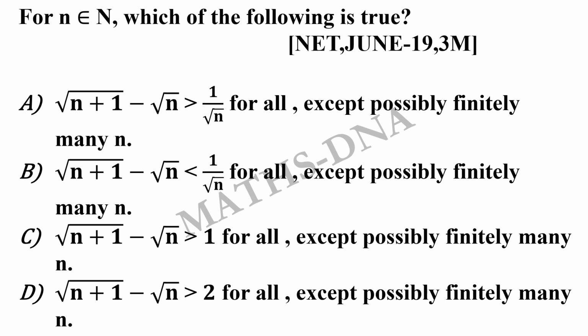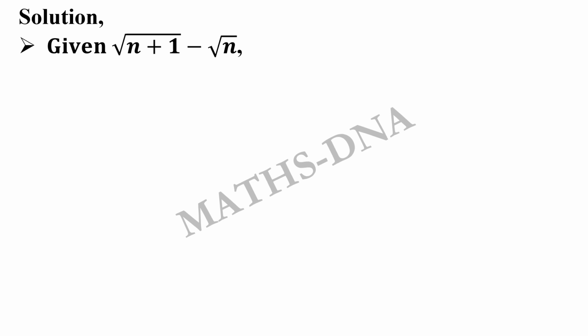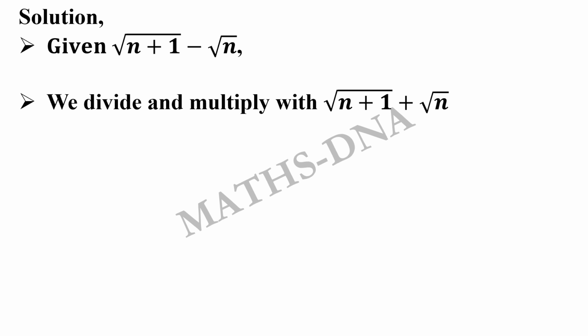n's. Here you can easily observe that in all the options they are just talking about root n plus 1 minus root n. If you try to solve this using values of n, it will take a longer time and you will not be able to find any of the options correct so far. So what you need to do, whenever you are given such a sequence or such a term with root, always try to rationalize it, that is multiply and divide it with its conjugate, that will be root n plus